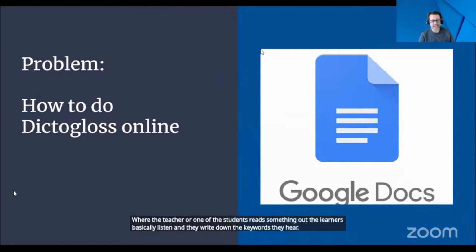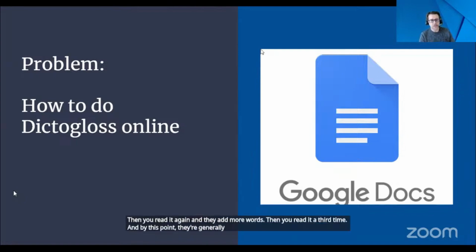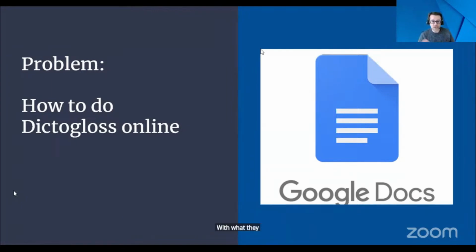Then you read it again and they add more words. Then you read it a third time. And by this point, they're generally able to maybe not construct the whole text perfectly, but they're able to use what they heard in terms of the keywords with what they heard later and their own knowledge of syntax and grammar and collocations to create the text.